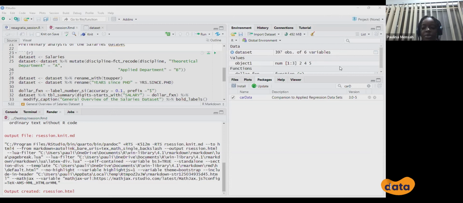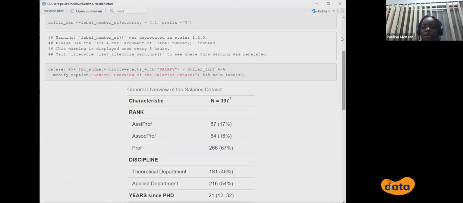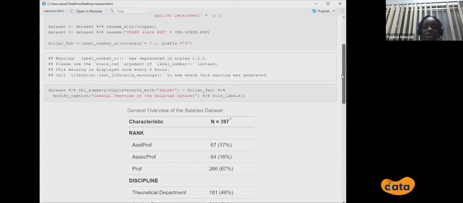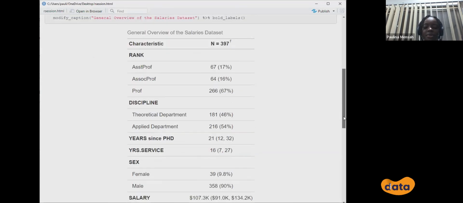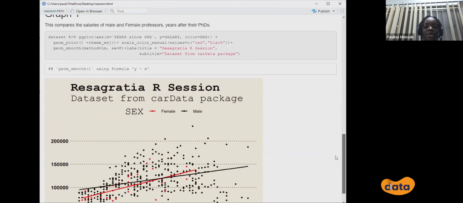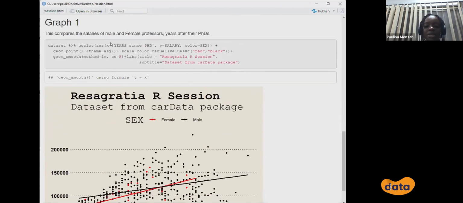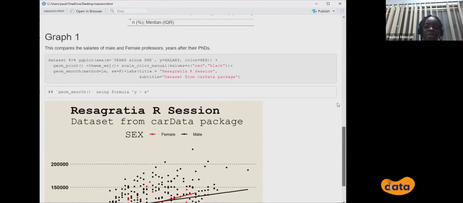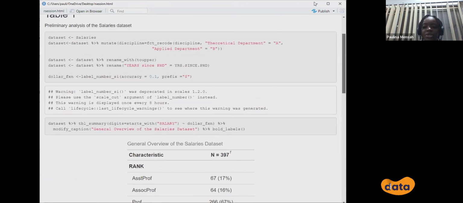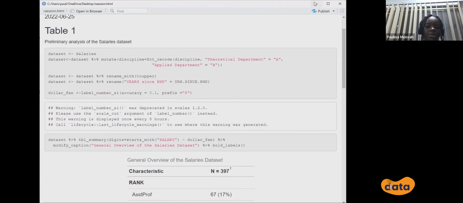So let me share the screen. Okay. So that's our report, and that's our table, and that's our graph. And I think we don't like these code chunks. I mean, you might want it, but I think it makes it look messy. So I can just slightly change the code so that all those code chunks do not